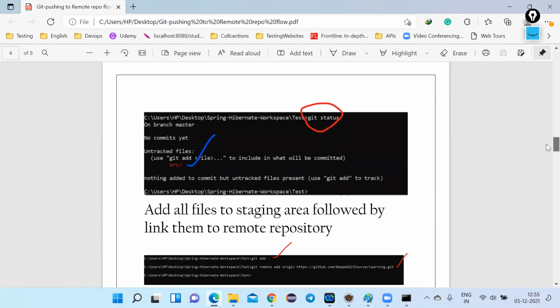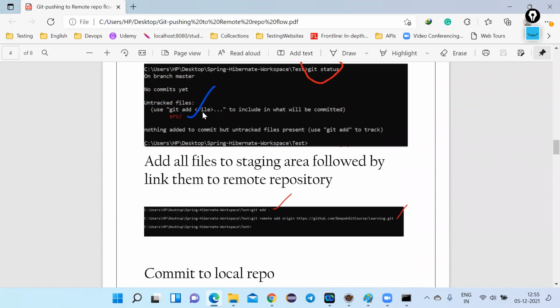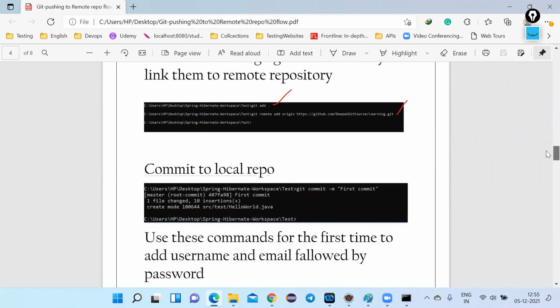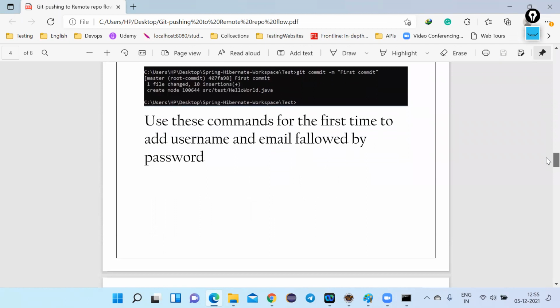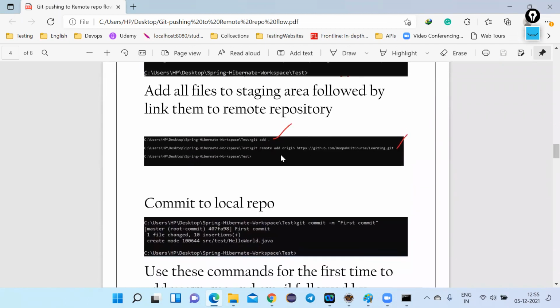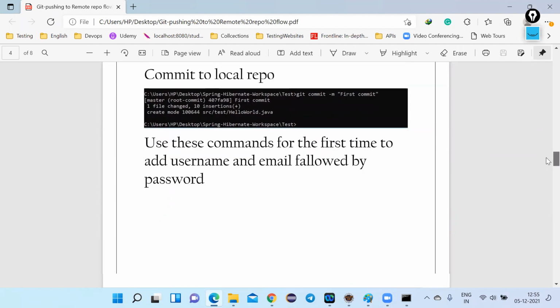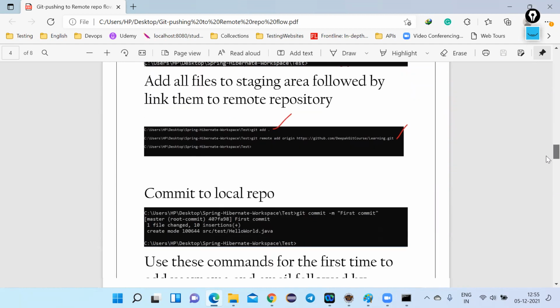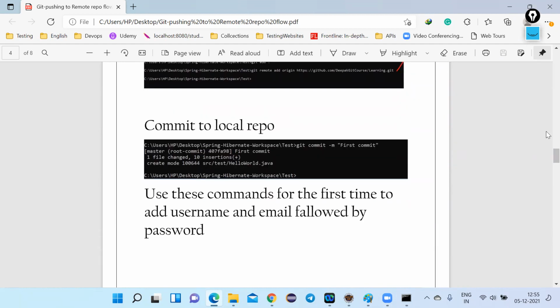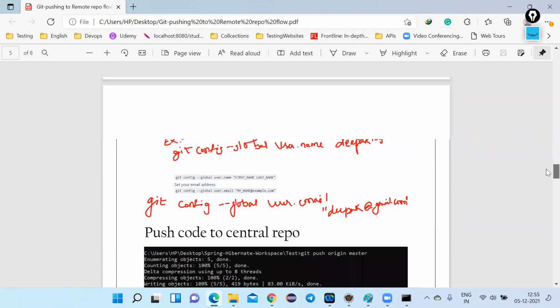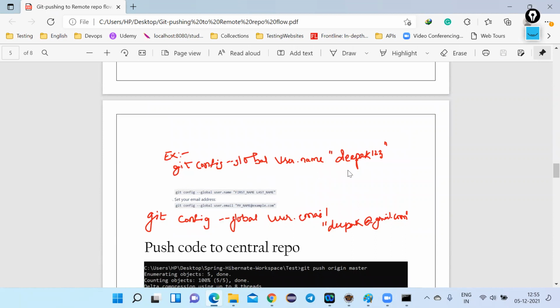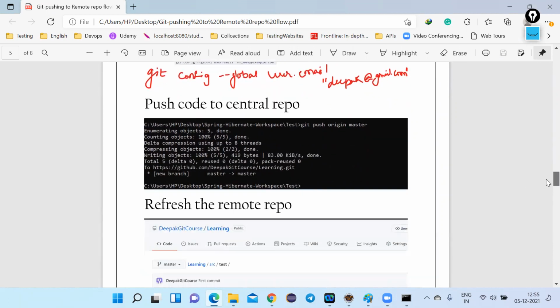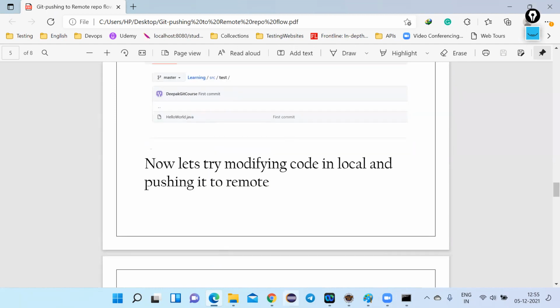The first step would be commit, and we'll be adding. And next, we'll be using git add followed by the file name. So all those files would be added to the staging area and next the local repository. We would be establishing a connection between the remote and the local repository. So this is only a one-time activity, connecting to the repository. So this is a local repository. After this, I have configured it, so I did not get the username and password. You need to configure it, and you need to use a command called git push origin followed by the branch name master, and refresh it. You will see that.